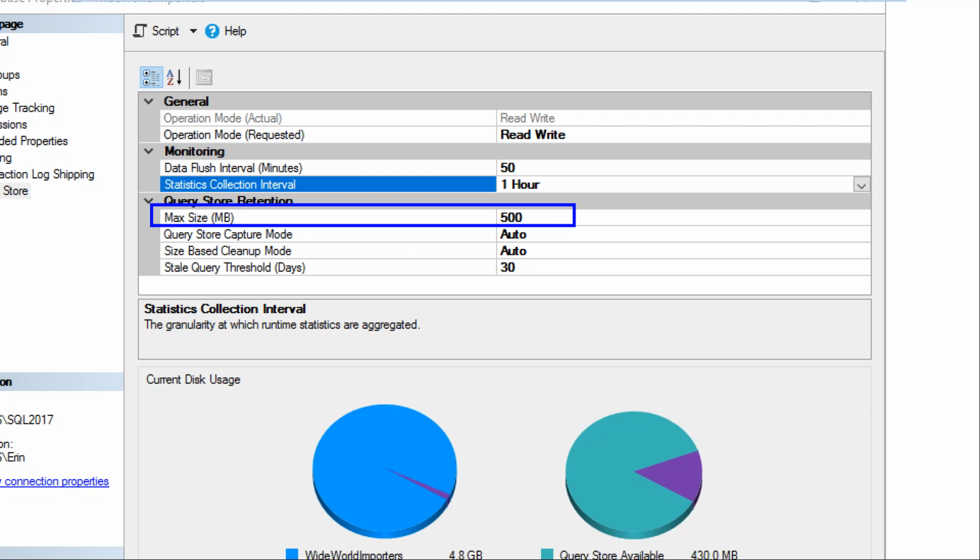So if you have a lot of stored procedures and a lot of queries, the same queries that get run over and over and over again, you're not going to have as much uniqueness in terms of your queries and your plans, perhaps. But if you have a wildly ad hoc workload, and I think of something like Entity Framework or NHibernate or Hibernate, that can be very interesting in terms of the queries that get generated. Those workloads are going to require a lot more space because the same queries are not being executed